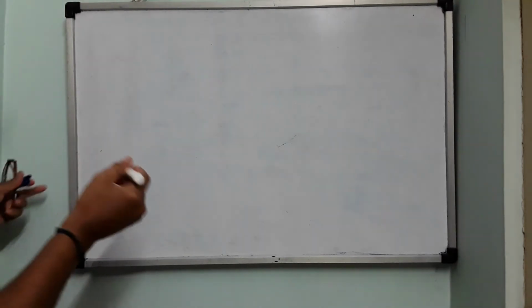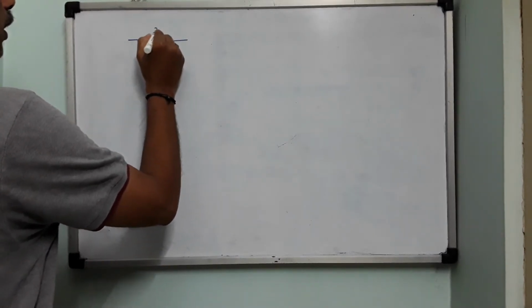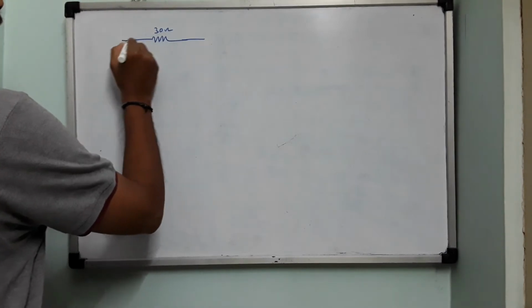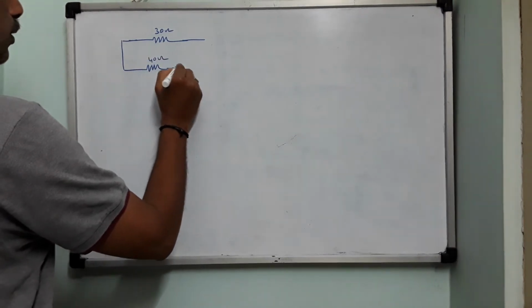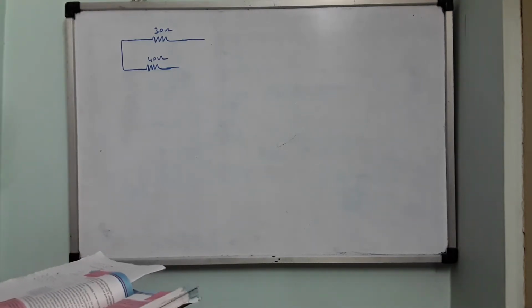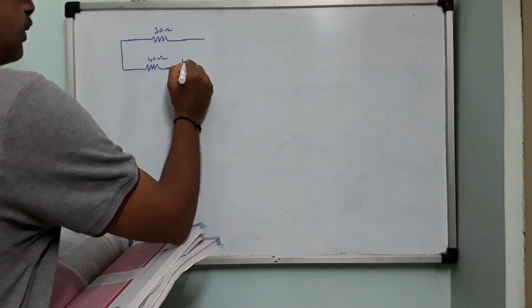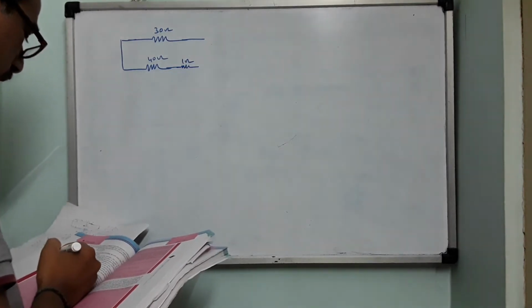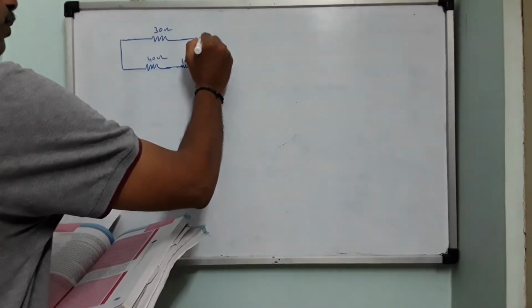So we have one numerical in the textbook. Here you have a 30 ohm resistor which is connected like this with a 40 ohm resistor, and here another resistor, and now there is another resistor of 1 ohm, which is nothing but the internal resistance of this cell, where the cell is 45 volt and connected like this. So this is 45 volt. Let us close this.